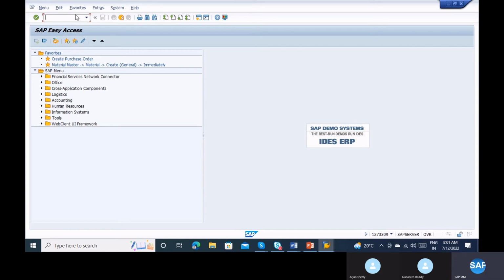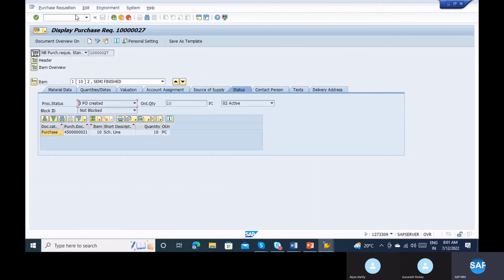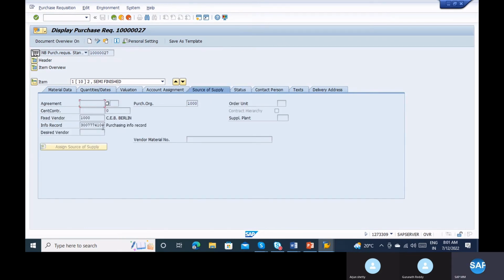And when you are creating the purchase requisition, you just look into that source of supply, whether it is capturing or not. Whether the fixed vendor is being captured or not, those you need to check. Right? Okay. So if we map all this, if you have 1000 purchase requisitions, you can create the automatic